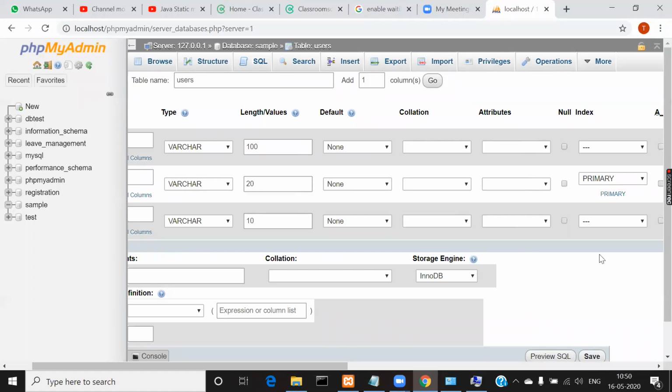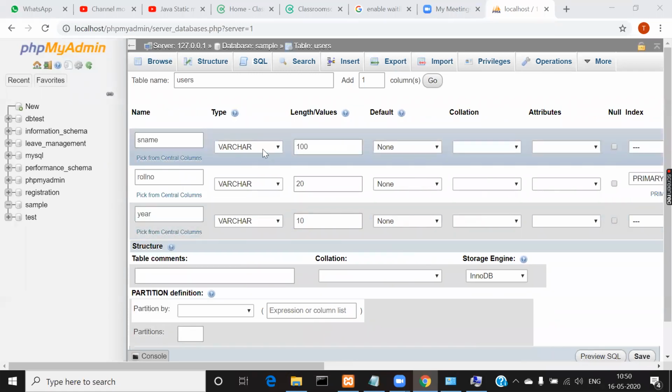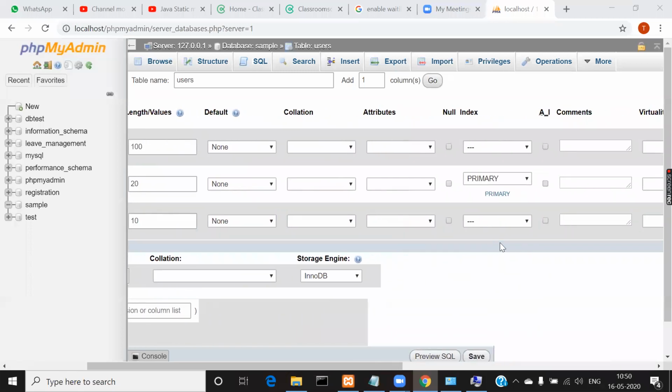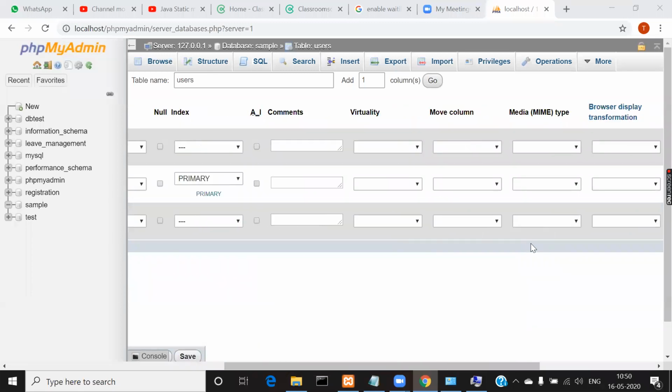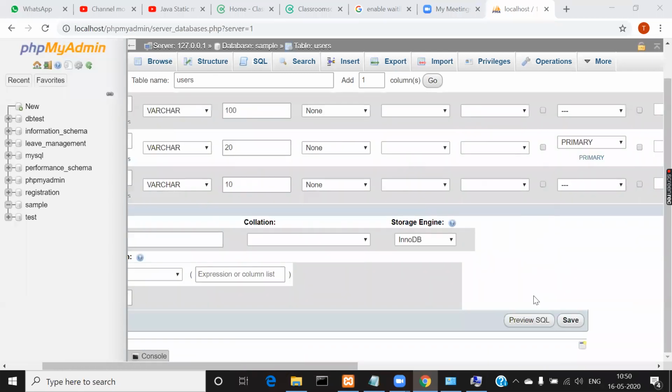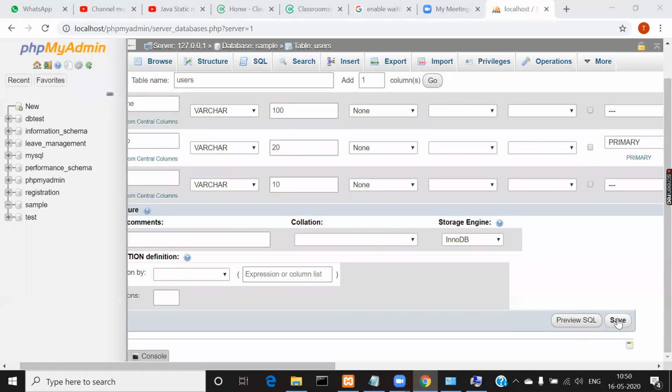Instead of making it a primary key, you can make it a unique key. So you have the unique option here, right? You can select that unique and make that particular field a unique key. As of now, we don't want all those things. Once you have given the names of the fields, the data types, the length of the fields, and made one primary key, the rest of the other things you need not worry about. After doing this, you simply click on the save button.